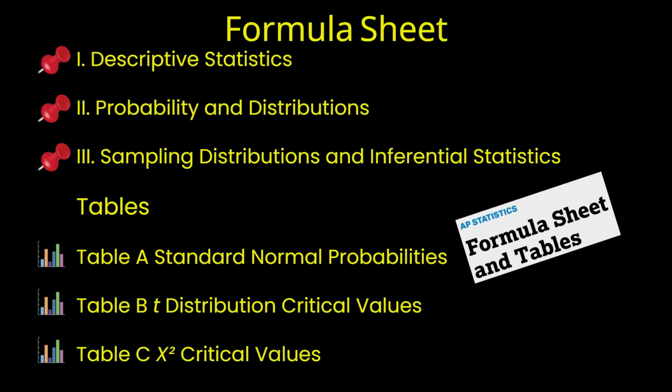Speaking of the formula sheet, this is a lifesaver if you know how and when to use it. It's packed with key formulas from descriptive statistics, probability and distributions, sampling distributions, and inferential statistics. And it also includes the important tables: Table A, standard normal probabilities; Table B, t-distribution critical values; and Table C, chi-square critical values. So make sure you're comfortable navigating the formula sheet so you don't waste time searching for them